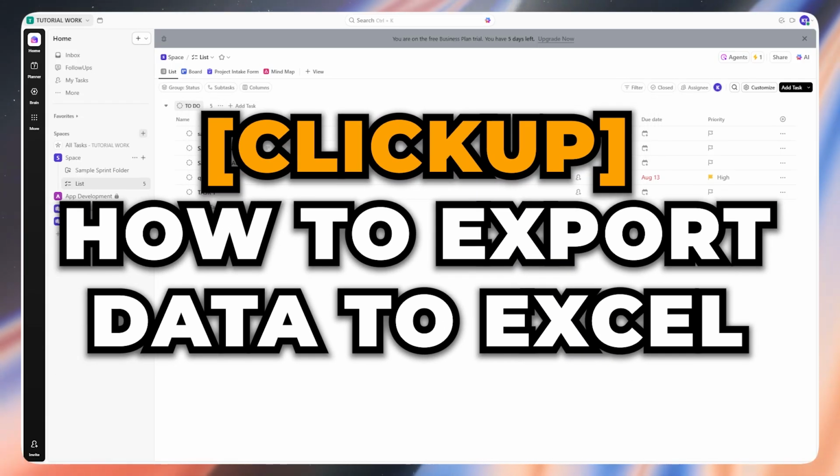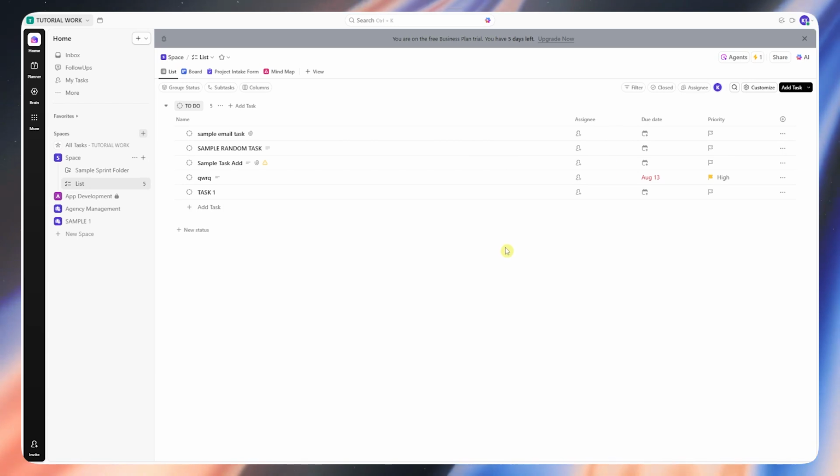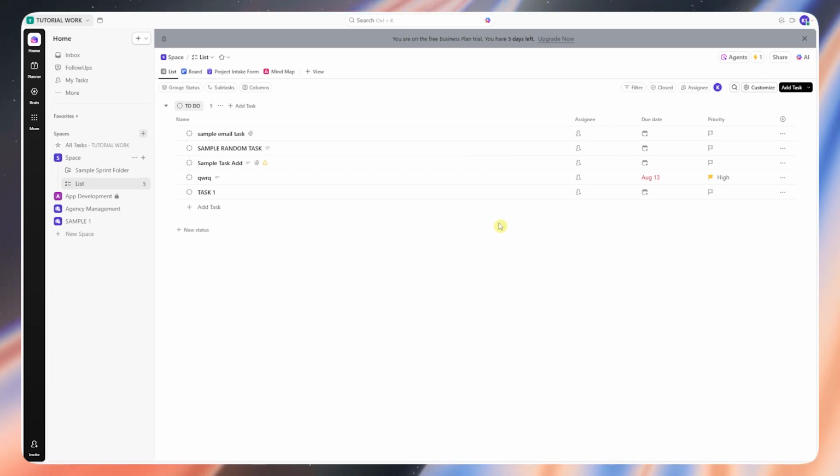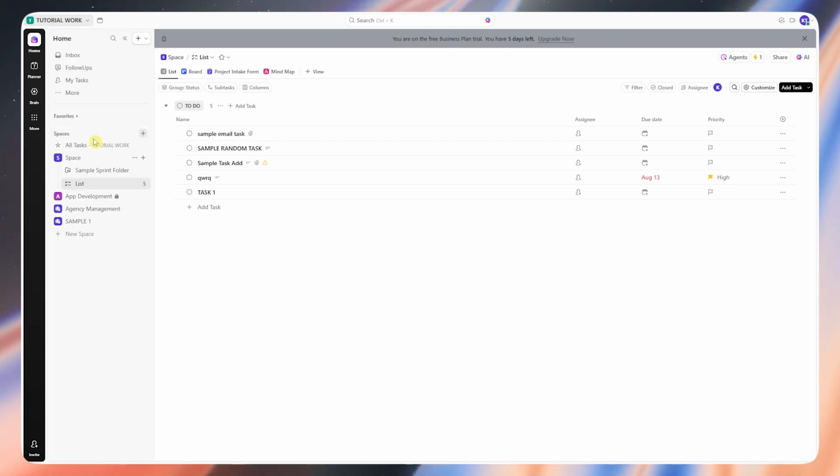In today's video, I'll show you how you'd be able to export your ClickUp data into Excel. So let's get started. First of all, you want to go into the workspace here in ClickUp where you'd want to export the data right here. So let's say that it is in this workspace, and then navigate into the space right here where the data